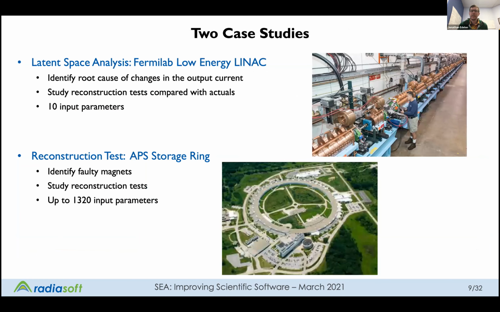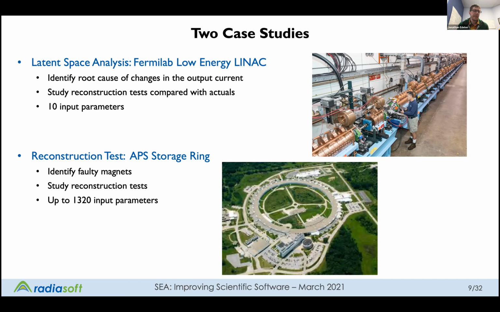So to look at this, I took a two case study approach. The first case study is looking at autoencoders on the Fermilab low energy LINAC, and I'll provide some context for what that means in terms of the Fermilab accelerator complex. This was just a starting point because it's a simpler problem. There are only 10 input parameters. It's not a very high dimensional space. And it was a way to get familiar with the tools and study how to use autoencoders